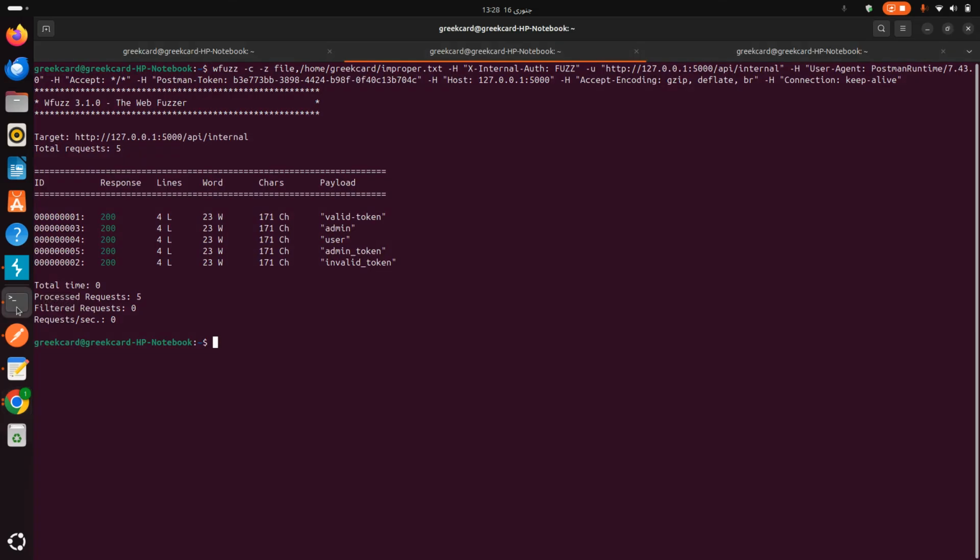Today I will discuss improper asset management in an API. What is the improper asset management vulnerability in an API? It refers to the failure to properly track, secure, or manage API components such as endpoints, credentials, and configurations. These can lead to vulnerabilities like unauthorized access, data exposure, and security breaches due to exposed and outdated